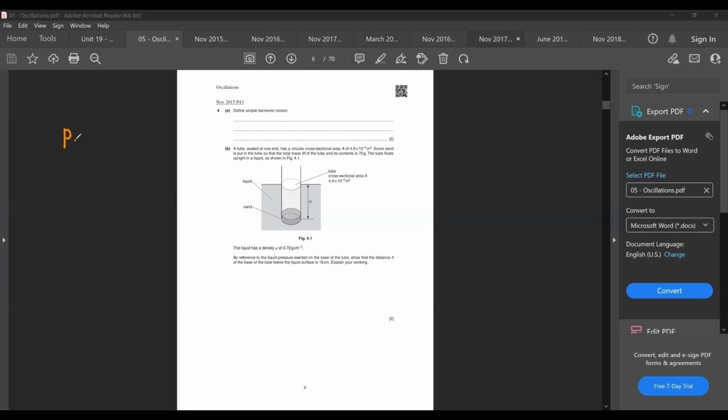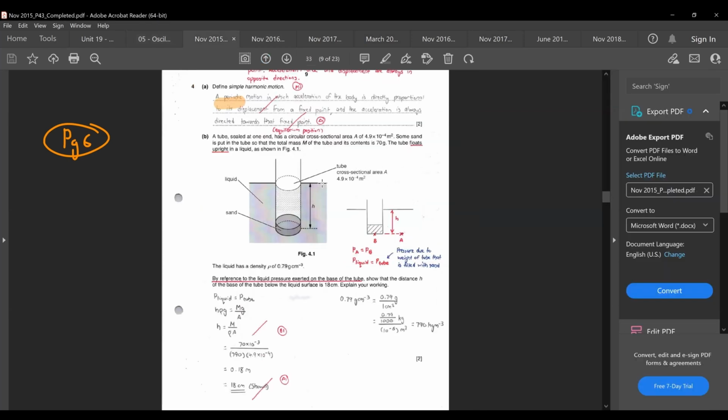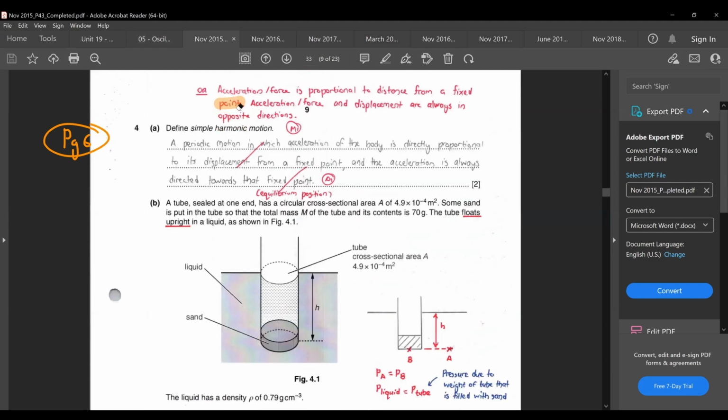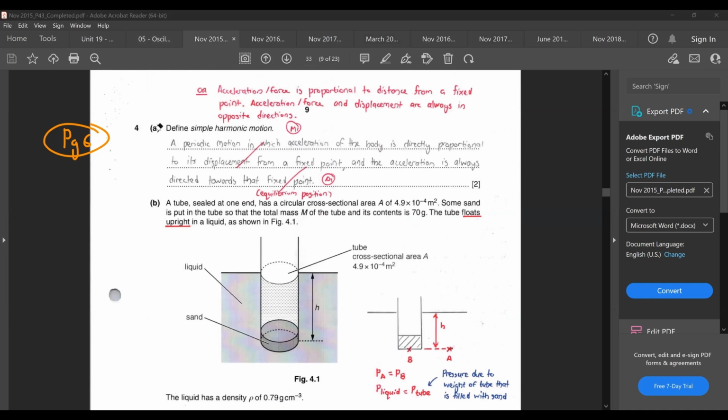So have a look at page 6 of your worksheet. This is November 15 P43, where the first question requires you to define what is meant by simple harmonic motion. Okay, so for the first part here, define simple harmonic motion, you can actually just copy back the definition from